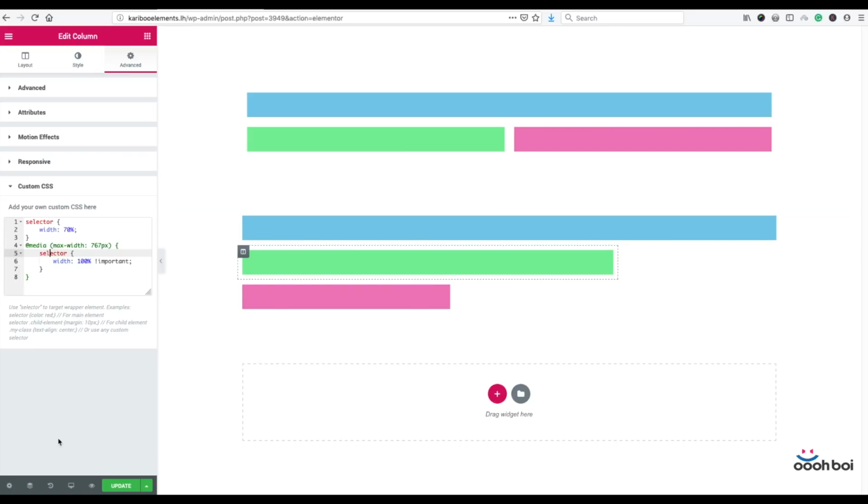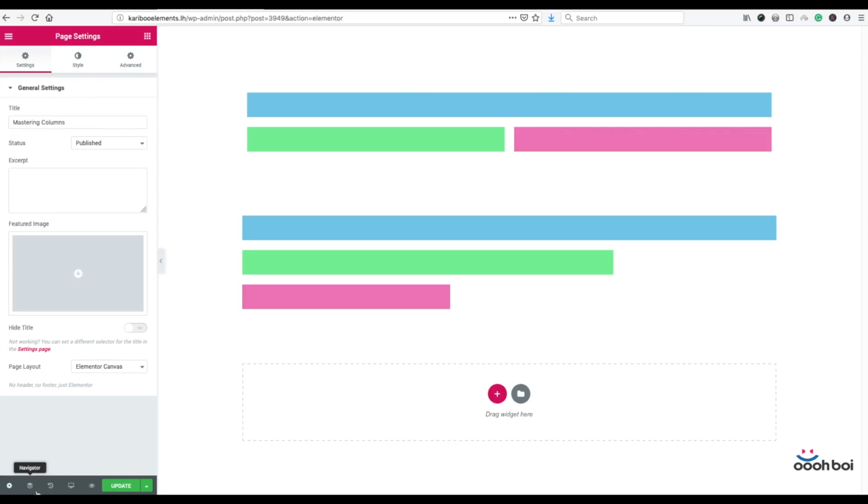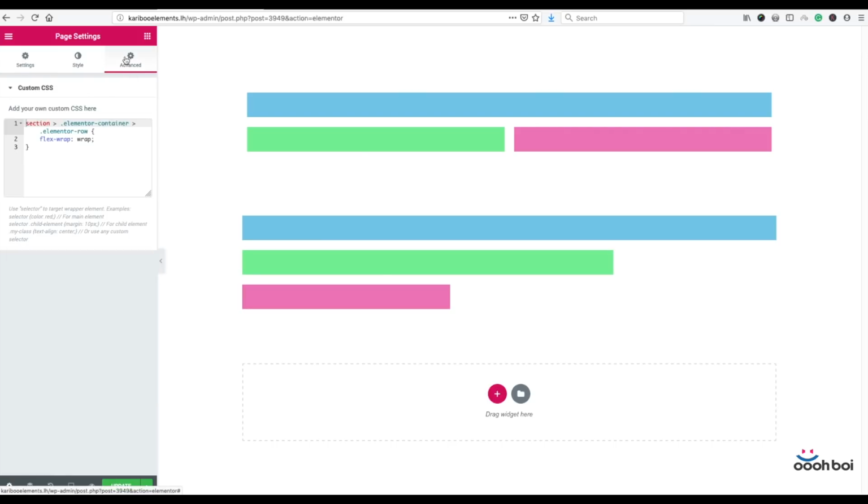Here's what I mean. Click on settings once again in order to define our global media query. Advanced panel, Advanced tab, Custom CSS panel, and I'm going to define my media query. Add @media, open and close bracket and a pair of curly brackets. Then I'm going to type in max-width 767 pixels. Then inside, I'm going to enter .elementor-element